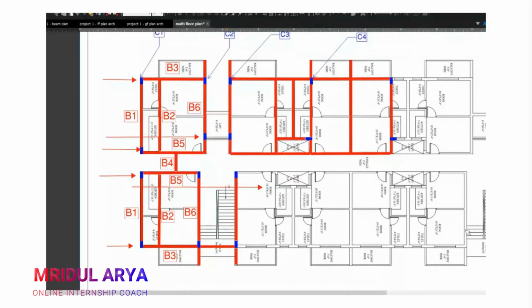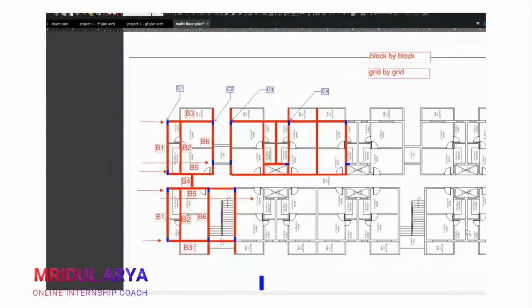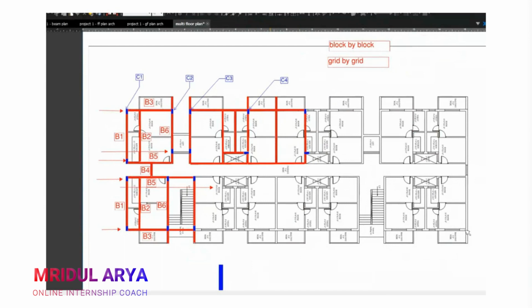If you have similar blocks in your building, blindly go block by block, because you don't have to design each and every element again and again, and you don't have to rename each and every element again. Okay, that's how we do naming.